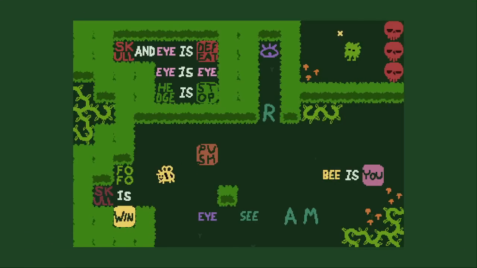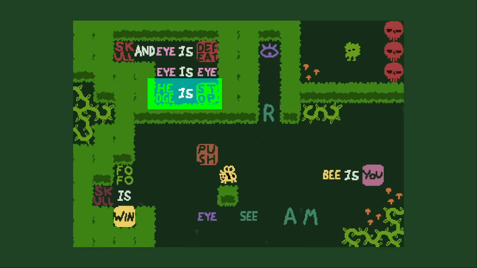What? This already looks like a really complicated first tutorial level. So we have Fofo is win, that's the thing at the top right. But of course Hedges stop, so it won't be that easy. We also have the word C. What is that? I don't know what that is. I see...